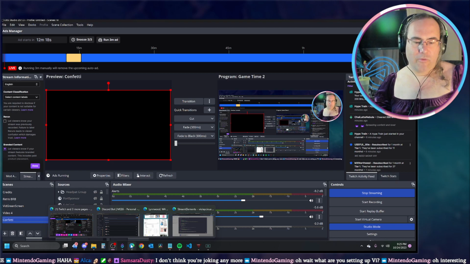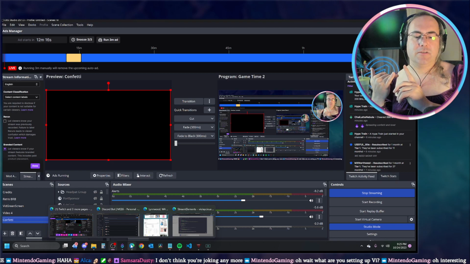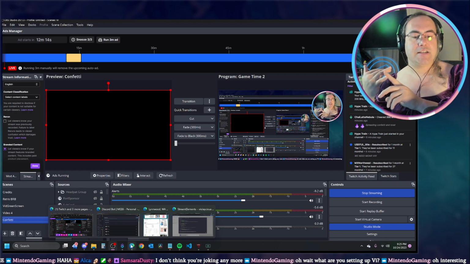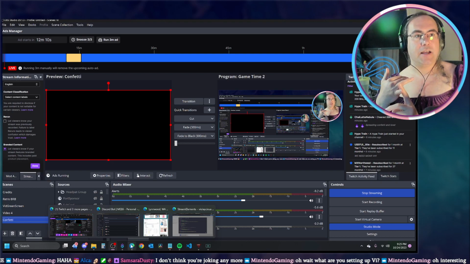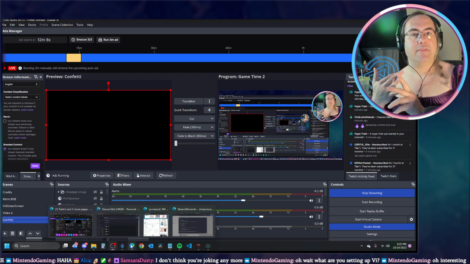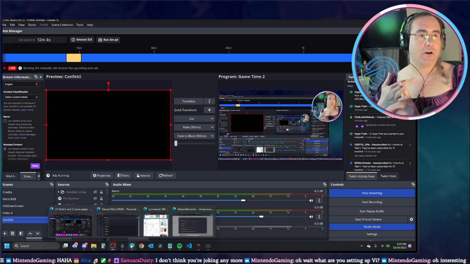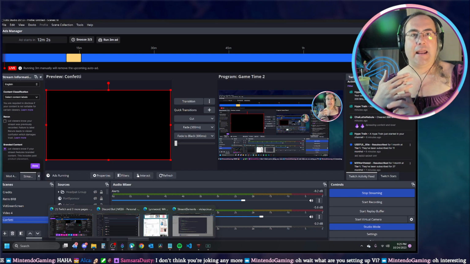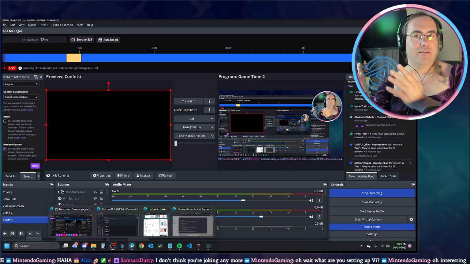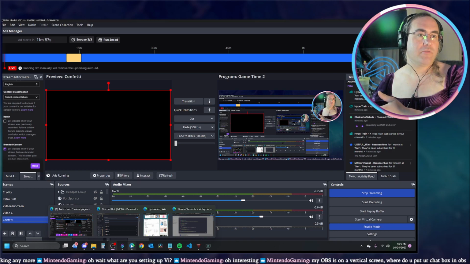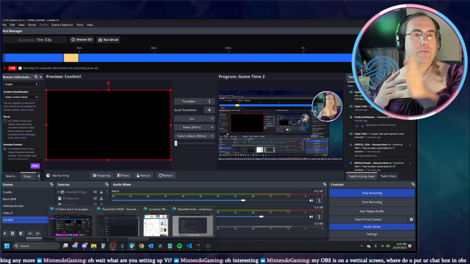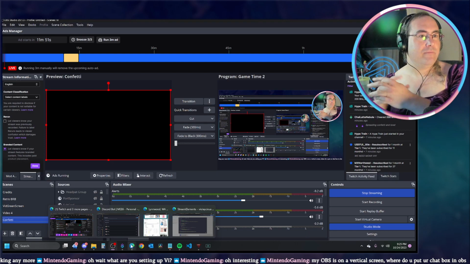Without going back through it all, using the ads manager allows affiliates to get a 55% share instead of 30%. So that's a benefit. And they get that if they use the ads manager and run a minimum of 3 minutes of ads per hour. And I like 3 minutes because it also disables pre-rolls for the remaining hour. It will be pre-roll free.